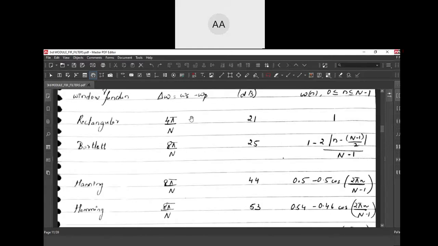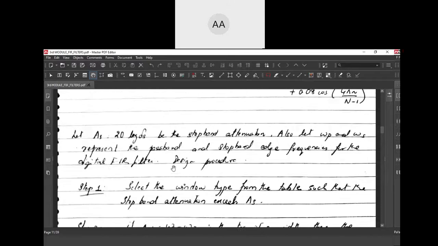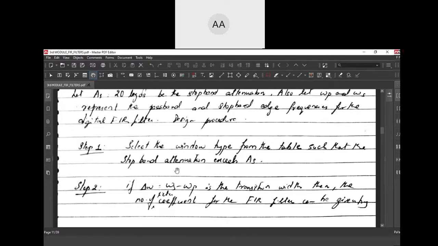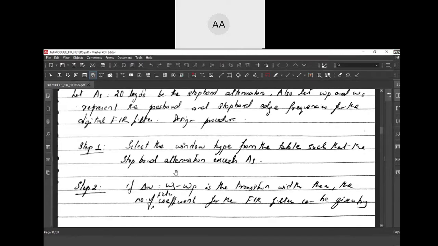For the rectangular window, the k value is 2. For the Bartlett window, it is 4. Hanning window, it is 4. Hamming window, it is 4. Only then is it satisfying this equation. I will show you what it means. In the second step, you're going to calculate this. Let me show that.